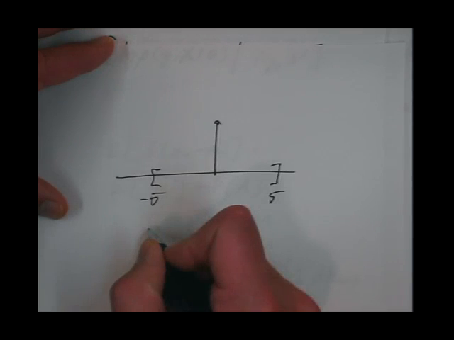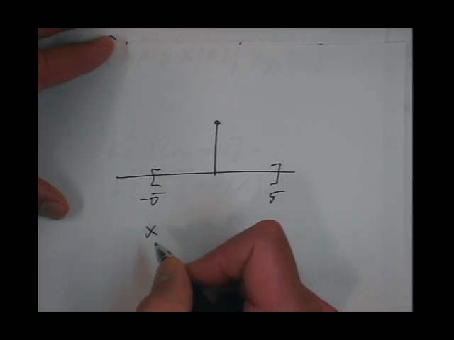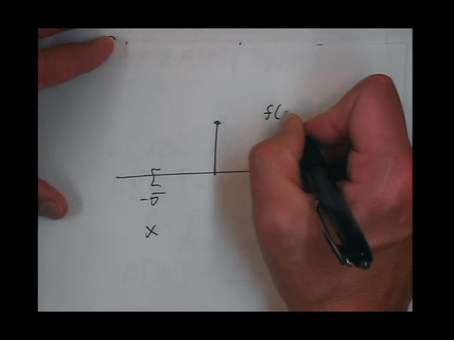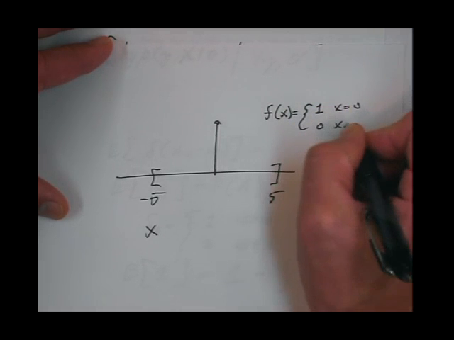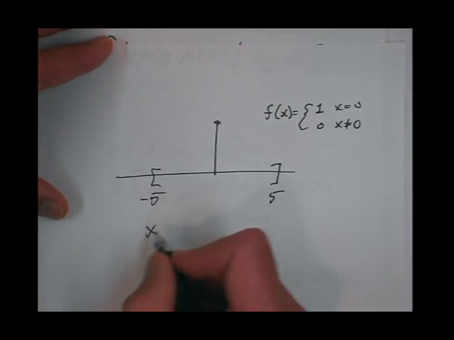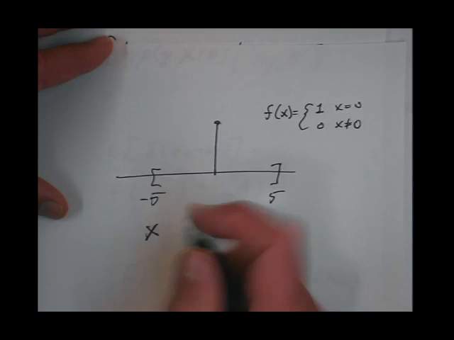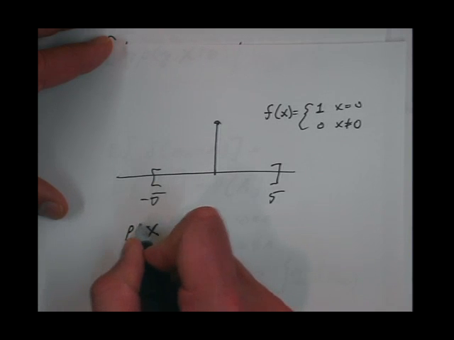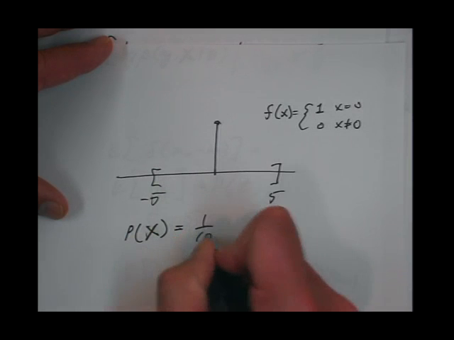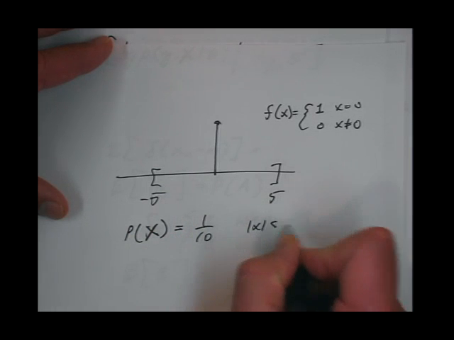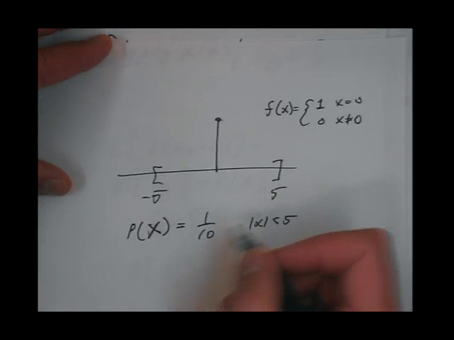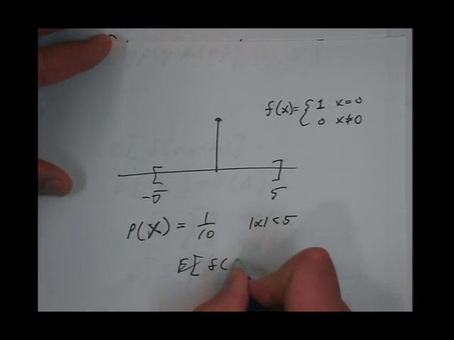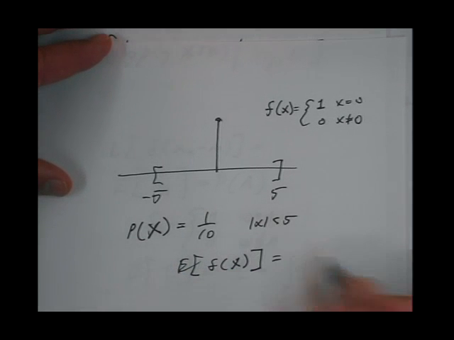Well, actually, in this case, if we use Lebesgue measure, you have a random variable x, and we have this function f of x equal to 1 if x equals 0 and equal to 0 if x is not equal to 0, right? And x is uniformly distributed. So the probability distribution of x is 1/10 for x with magnitude less than 5, right? So in this case, the expected value of f of x is equal to